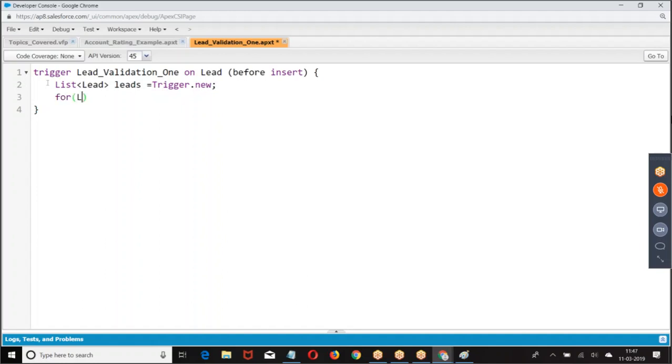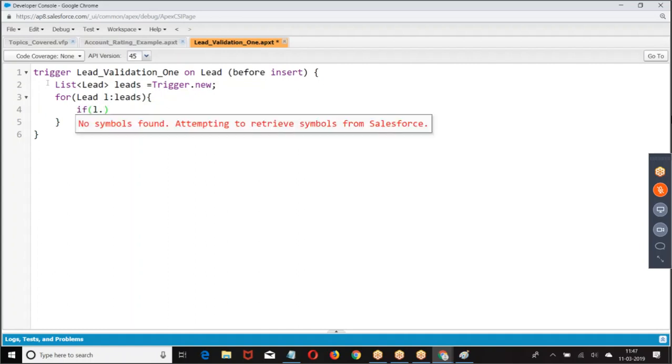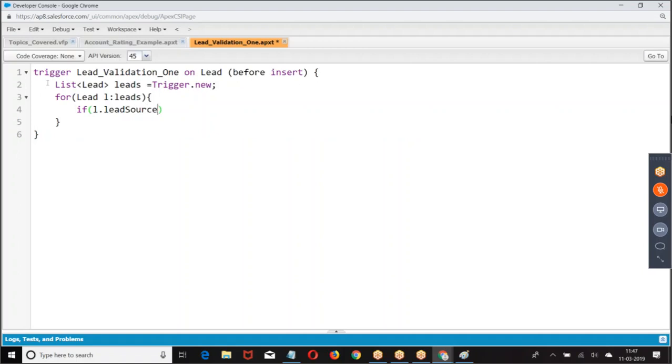Then take one by one lead. Then verify if L.leadSource equal to web and L.email equal to blank, addError. This is what I give.